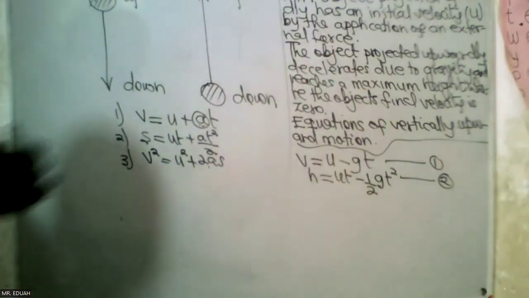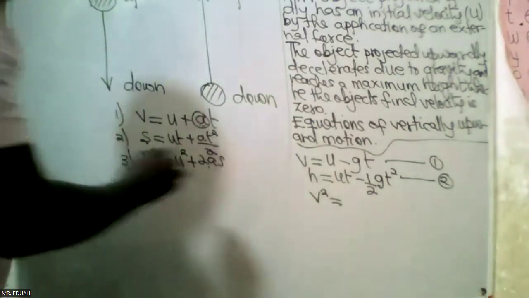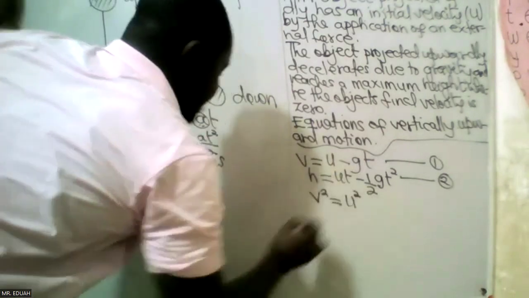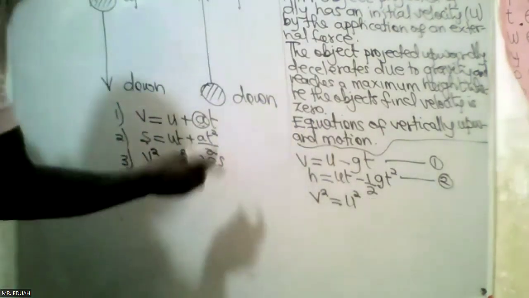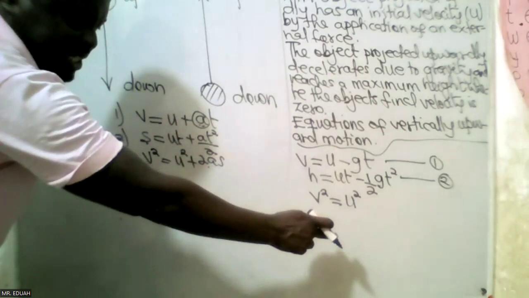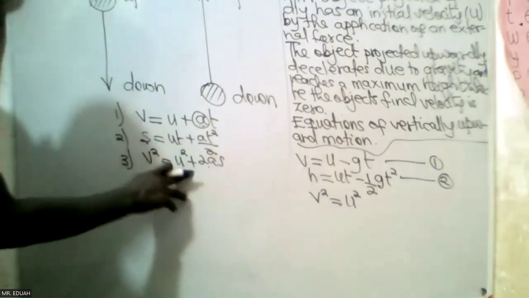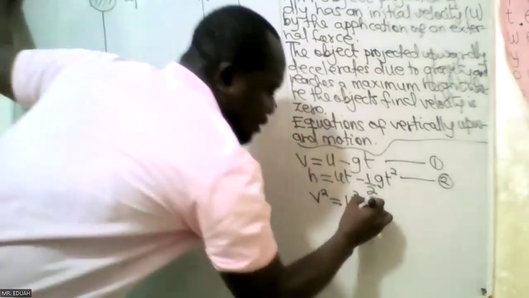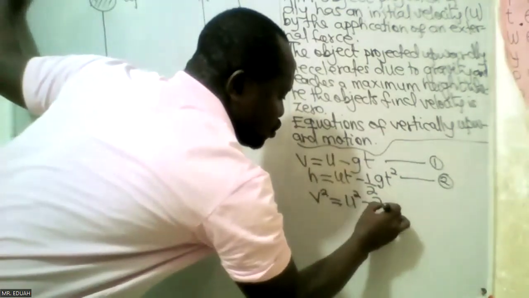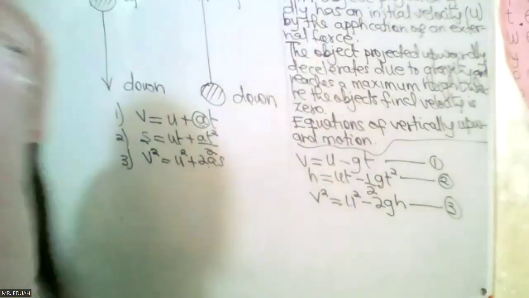Then finally, V squared is equal to U squared. The acceleration over here is a deceleration due to gravity. So g is negative, and so it will affect the entire operator here. So still minus 2gh. These are the three equations of motion when it comes to vertically upward motion,